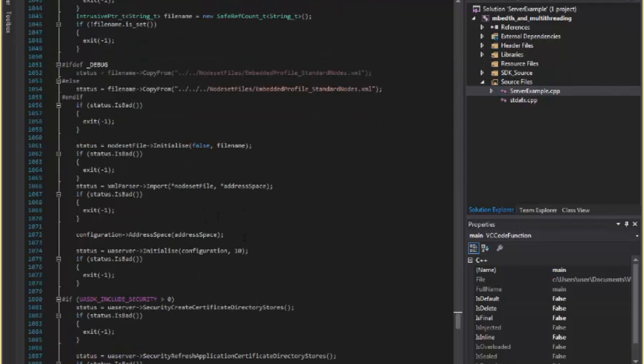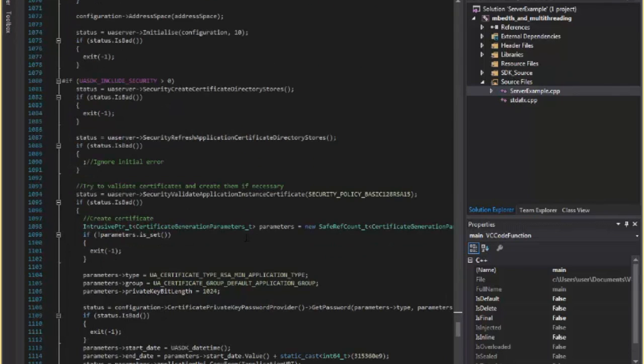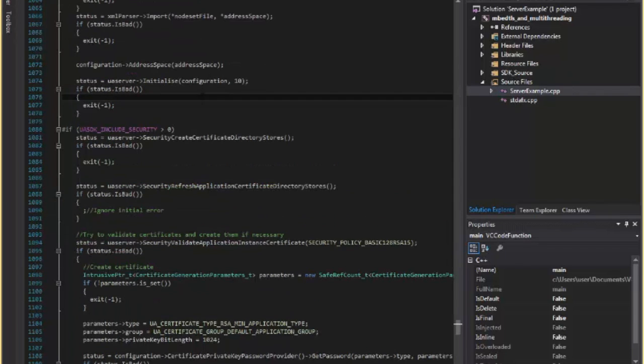And then we go into more security information. So actually, first I'll tell you about this initialize call here. This is basically setting the server up. Configuration is a structure which holds the information from before about the security policies that are going to be used, the vendor information, and the settings for port number, etc. That's all held in the structure configuration. That's what we set. And then there's something called